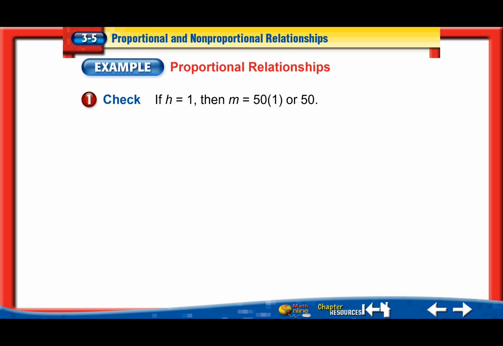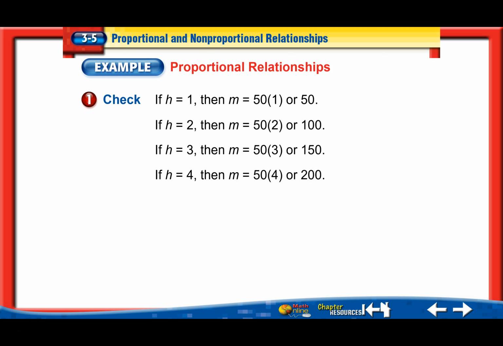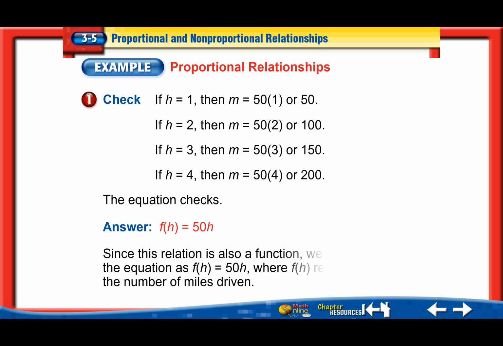So we put in 1 for h, comes out to 50. Put 2 in, comes out to 100. 3 comes out to 150, 4 comes to 200. It seems like that works, so I can say that the equation